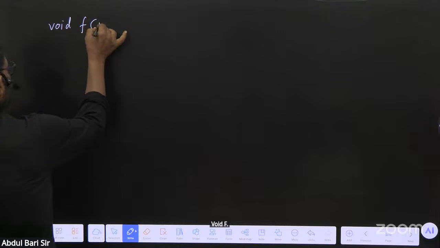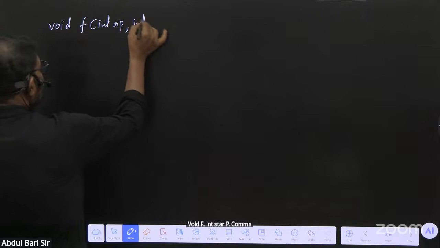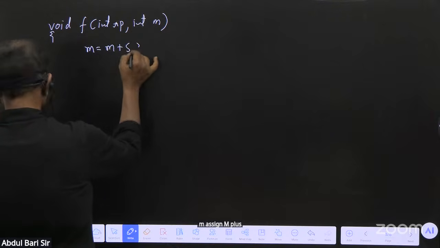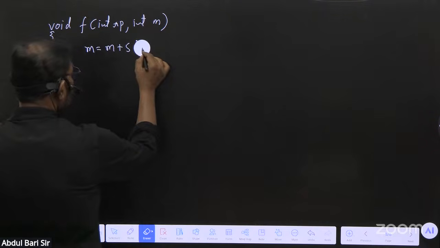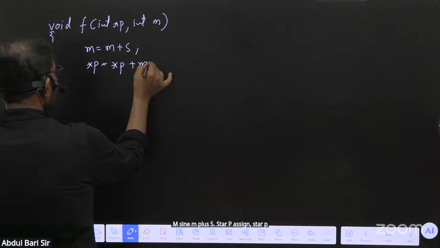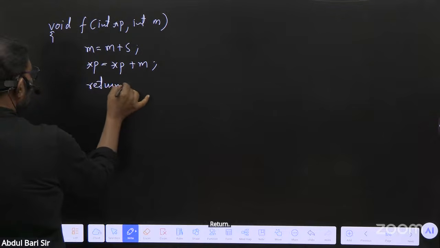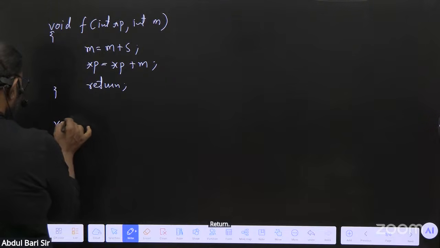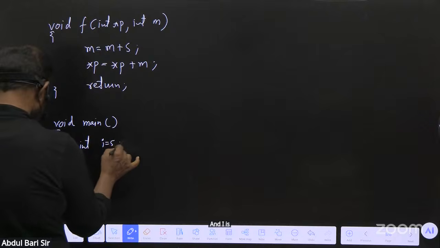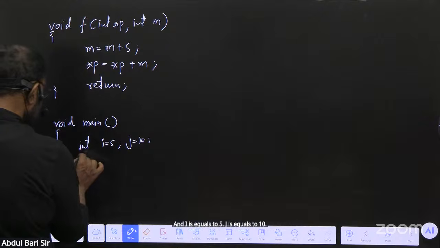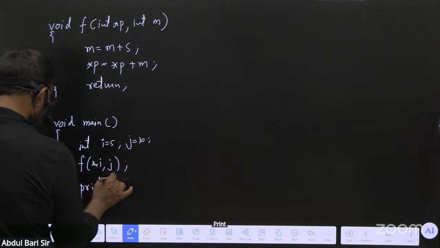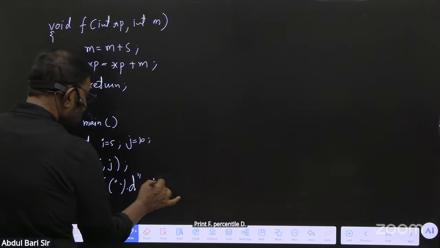Void f(int *p, int m) { m = m + 5; *p = *p + m; return; } void main() { int i = 5; j = 10; f(&i, j); printf("%d", i + j); }